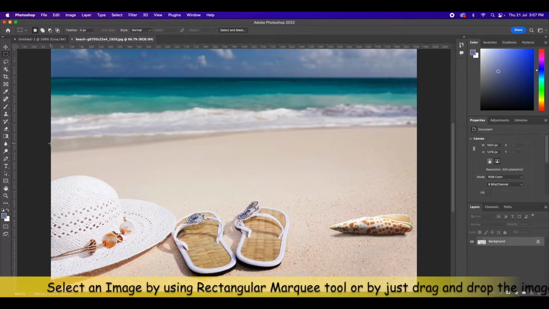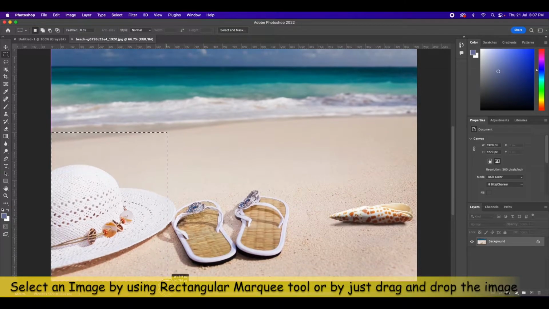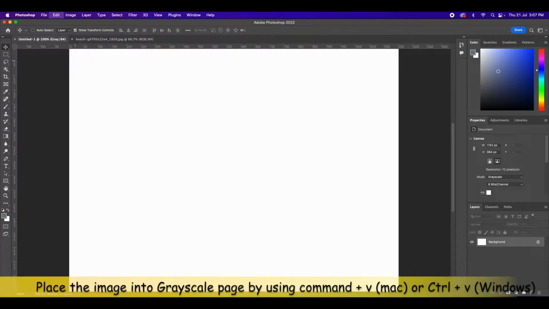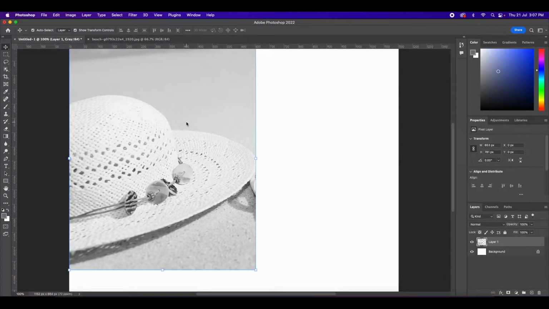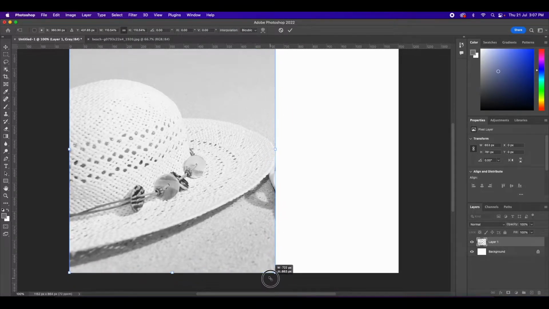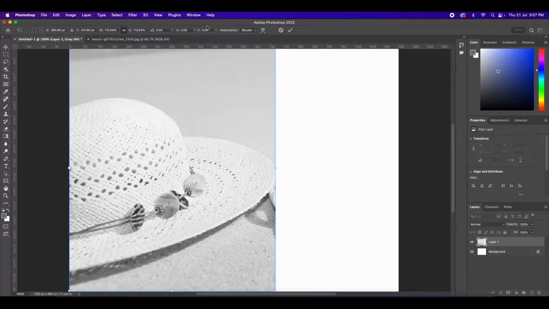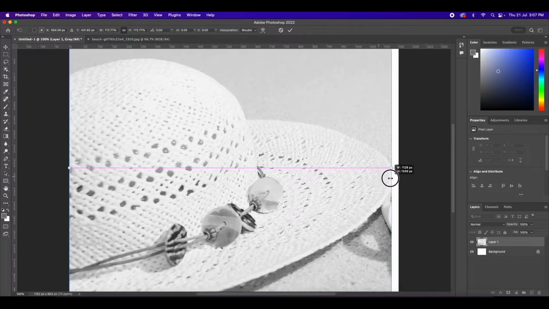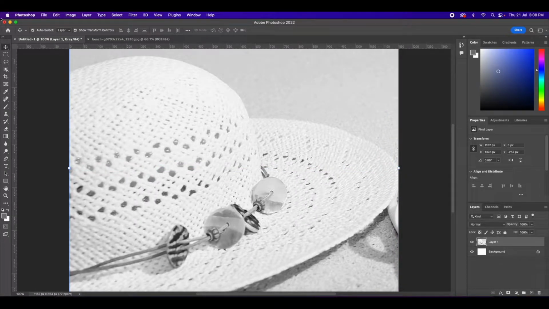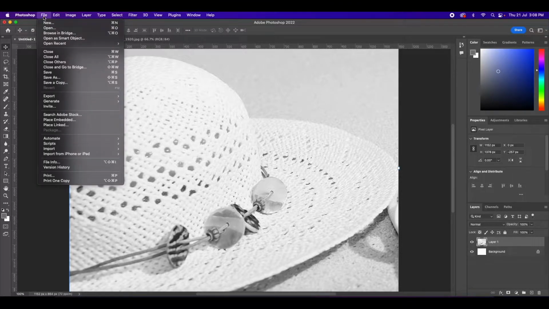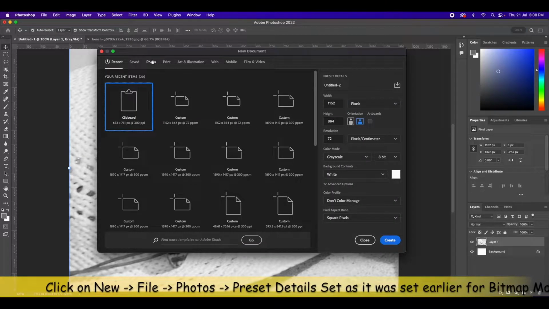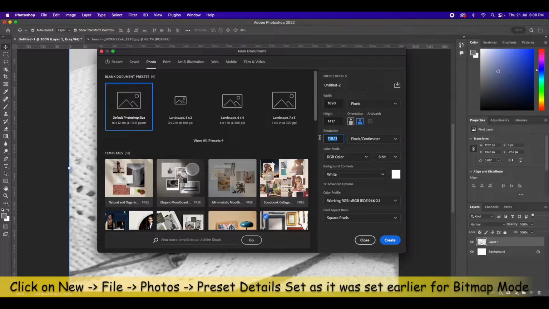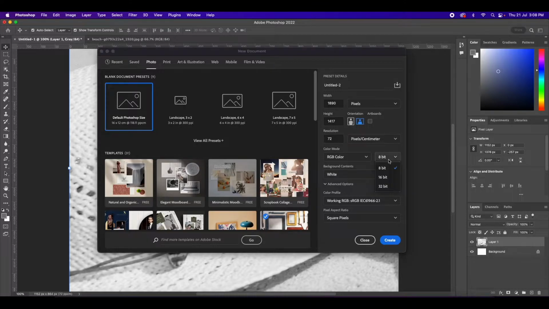So just I'm going to select this one and I had copied and pasted this image. So let's stick with this image. Okay. So this is an 8-bit grayscale image. Now again I am going to say new file, new photo, same page and pixels, orientation will be landscape and resolution will be 72 and here I am going to take